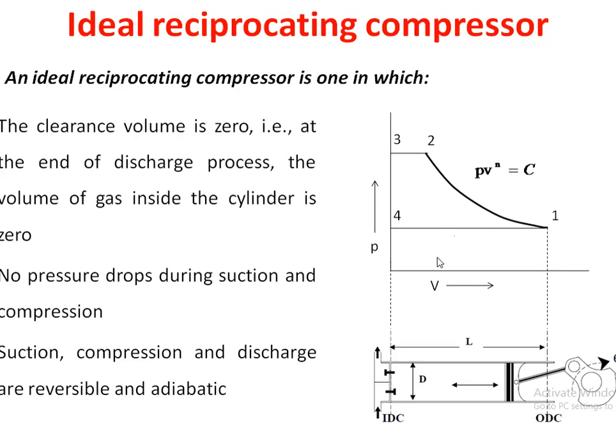If you look at the PV diagram of the process, the area enclosed by the curve will be the work done during this process. The work done during compression is obtained if you calculate the area enclosed by the curve. This we have studied in basic thermodynamics. To get the work done, what we have to do? We have to find the area enclosed by process 1, 2, 3, 4, 1. So how to calculate this? We have to calculate the area of this cycle. So for that,